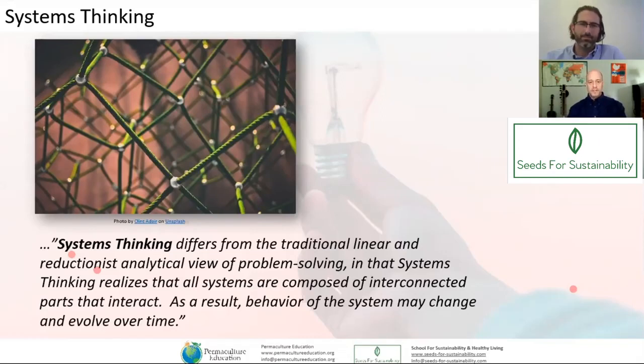So systems in this context may include complex biological systems, a family, a larger community, or even a small company, large company. And by understanding how systems work, and by understanding the various actors and roles in a given system, we can more effectively design products and solutions to problems that we have.